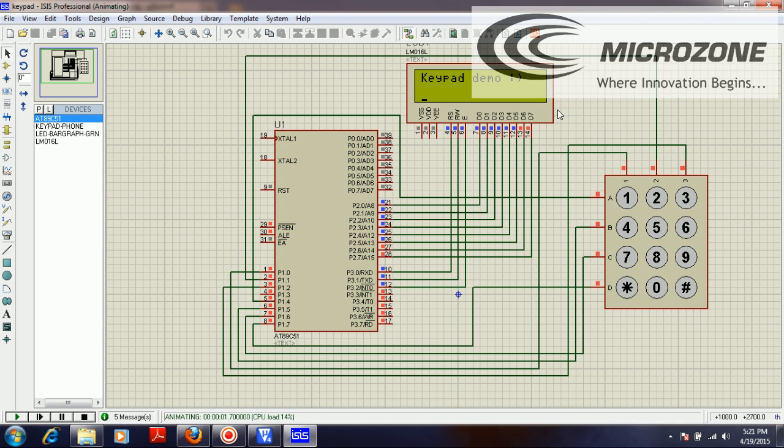In this keypad demo, if I press 1, 2, 3, you can easily see that 1, 2, 3 are represented on the LCD. Then 4, 5, 6. I haven't made 7, 8, 9 for row 3 and row 4, which will be made by me. Just wait. And lastly 3 and then 4. So it reinitializes. Okay, now we will make